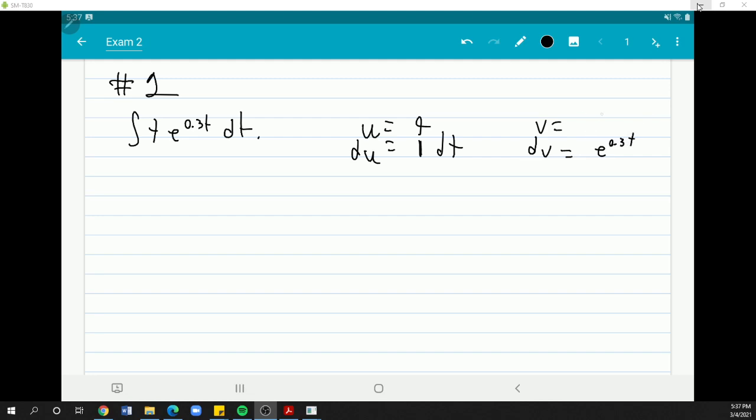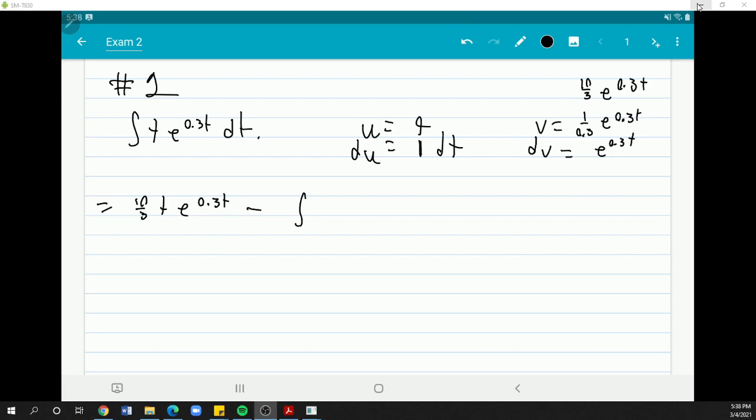So then if I integrate e to the 0.3 t, because that's how you get v, v is the antiderivative of dv, I'm going to get 1 over 0.3 e to the 0.3 t. The 0.3 is the same thing as 3/10, so in other words, this is 10/3 e to the 0.3 t. Okay. So now, by integration by parts, this is uv, so this is going to be 10/3 t e to the 0.3 t minus integral v du,